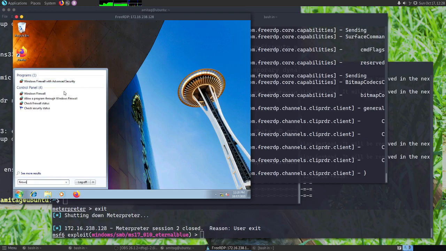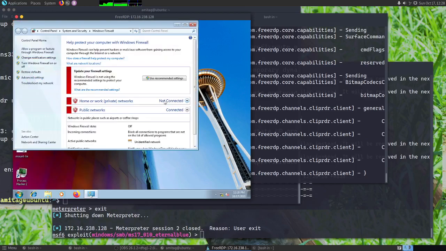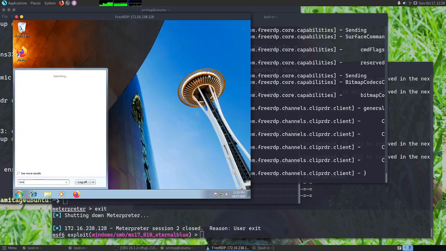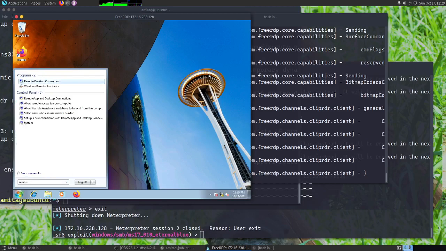But these should not ideally matter for what we are doing here. I have disabled the firewall here just to make it easier for us to access this machine. And then I have also configured remote desktop here.